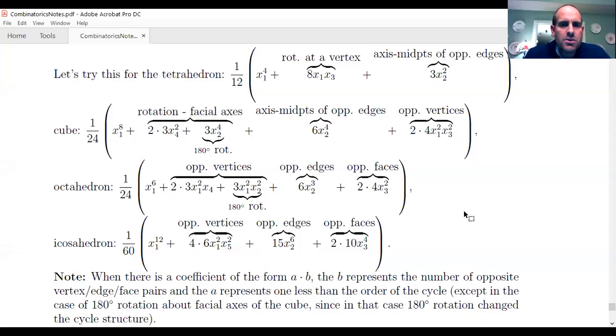Hi, everyone. Let's go ahead and finish off our discussion of the cycle index polynomial. We're basically done, but I really don't want to leave some of these loose ends open in terms of talking about the Platonic solids. And then we'll start our discussion on Polya's enumeration formula, which is our ultimate goal. But just to give you an idea of where we're going in the remaining weeks in the course, we're going